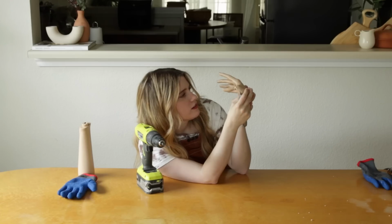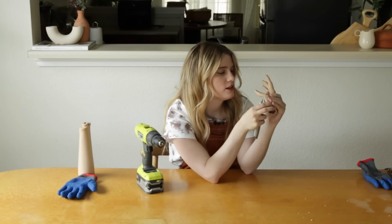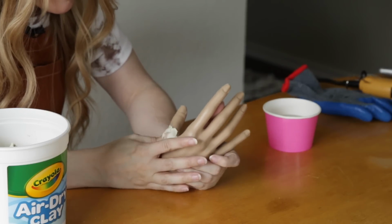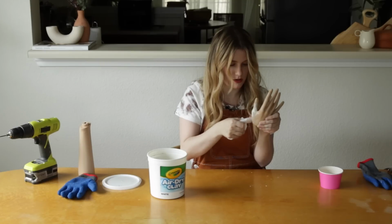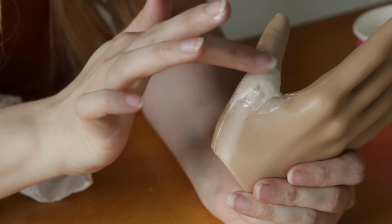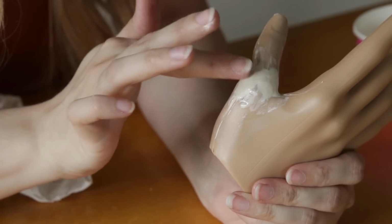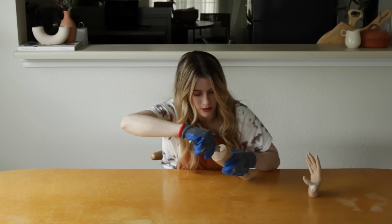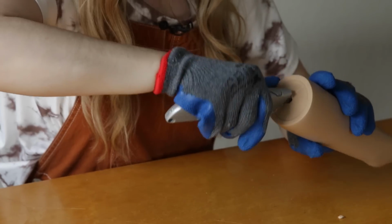I cannot tell if there's a hole down there or not. And yeah, with my perfectionist side, I couldn't leave the back of the thumb looking that tortured. So I grabbed some air dry clay I had lying around from a different project and just shoved it in all the nooks and crannies. I used water to smooth out any unwanted fingerprints and to make a better transition between the clay and the plastic. To finish this part out, I just went ahead and added another opening at the bottom of the arm